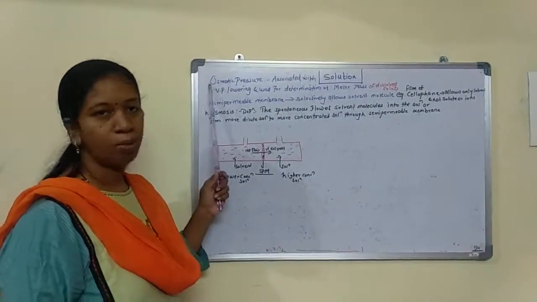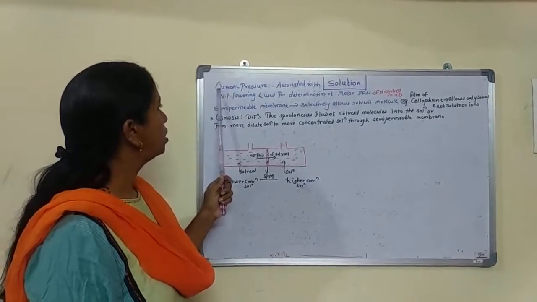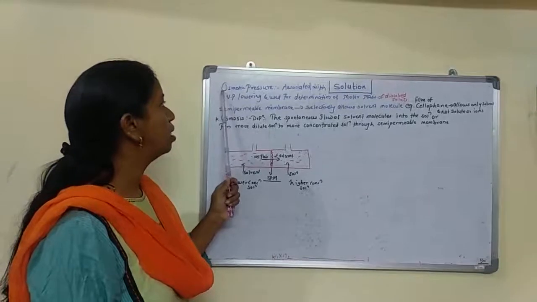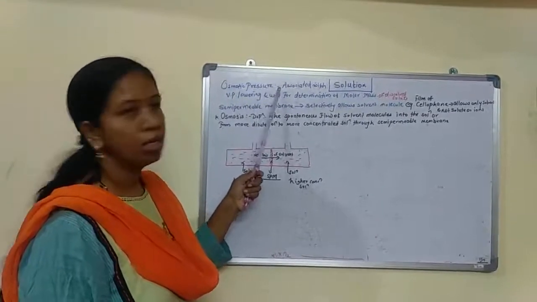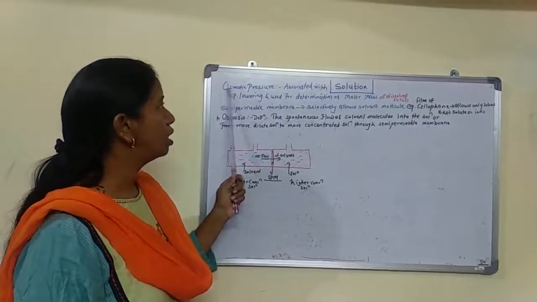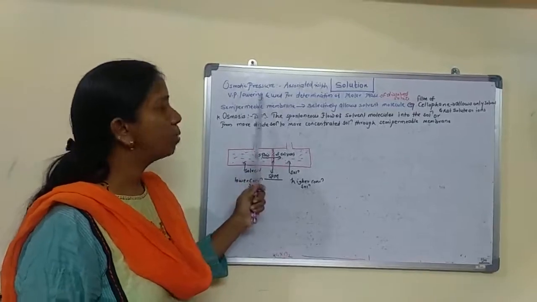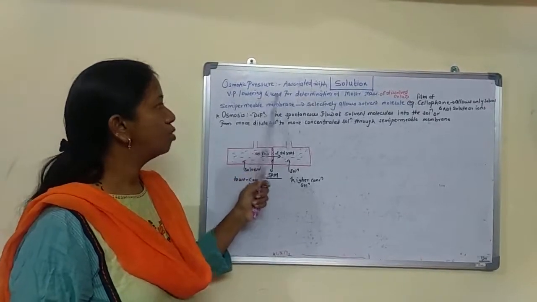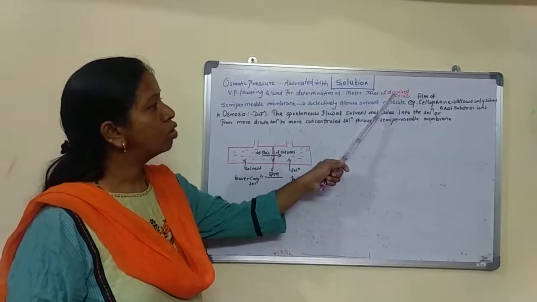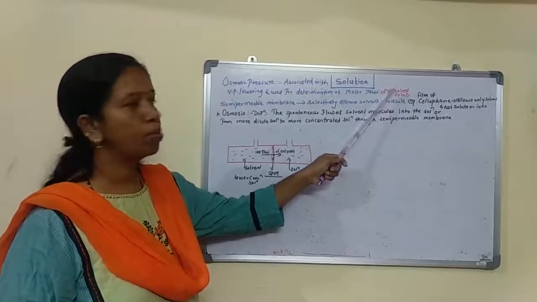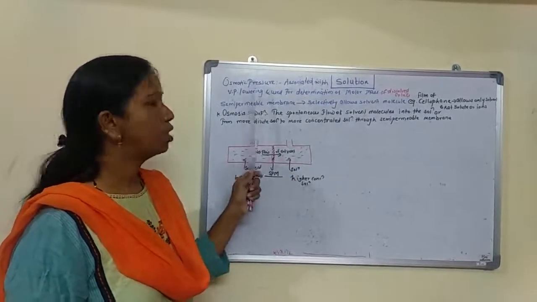So the next colligative property is the osmotic pressure. Osmotic pressure depends on the number of solute particles. It is a colligative property associated with vapor pressure lowering, and it is very useful for the determination of molar masses of dissolved solutes, those which are prepared in a smaller proportion. For the determination of this type of solute, osmotic pressure is very useful.